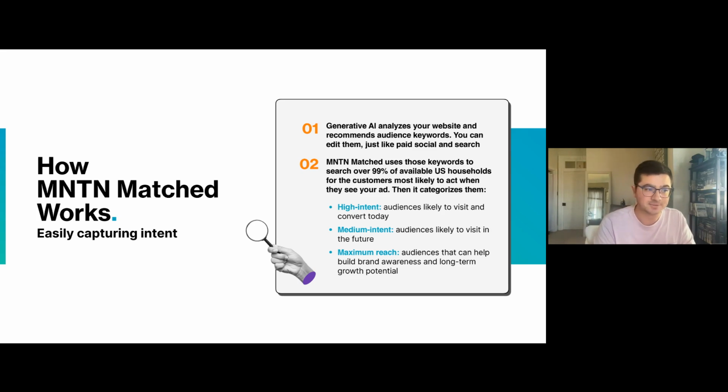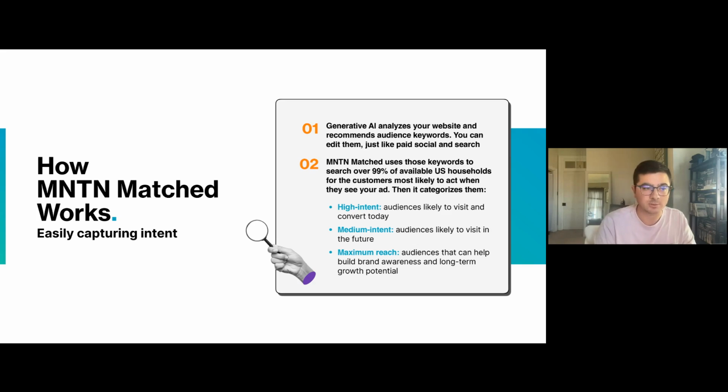Then there's medium intent, which these are users that probably fit your brand, but they might not be quite at that high intent level. They're not quite at that point of conversion. They're probably likely to visit your website sometime soon and maybe consider your brand in the near future, flip through some pages on your website. And they represent a really good scaling opportunity, a retargeting opportunity. And you probably want to be top of mind for these folks, but they're a little bit farther away than